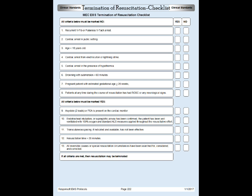With our revision to our clinical standard on termination of resuscitation, we've also added an optional checklist. This checklist is shown here and is broken down into two components. The first component is a list of 8 questions that all must be answered no. The second component is a list of 5 questions, all of which should be answered yes. If all the appropriate checks are met,